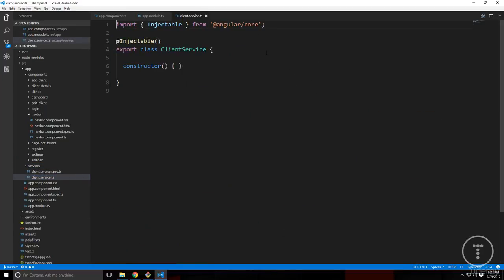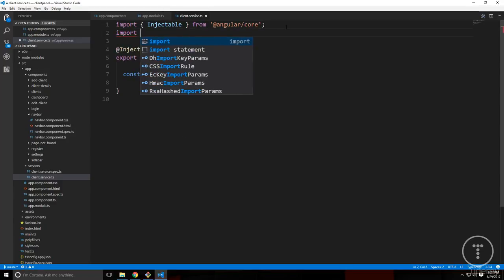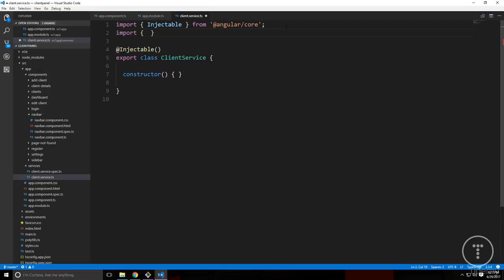And we need to bring in a couple things from AngularFire2 database. Remember, we have the AngularFire module, the AngularFire2 database, and the AngularFire2 auth. We're going to work with the database here. So let's say import, and we want to bring in